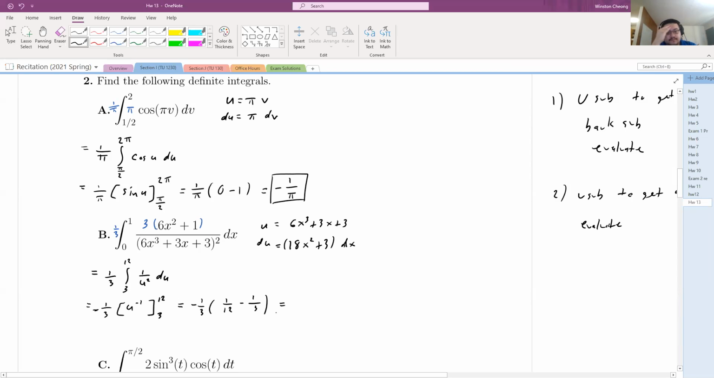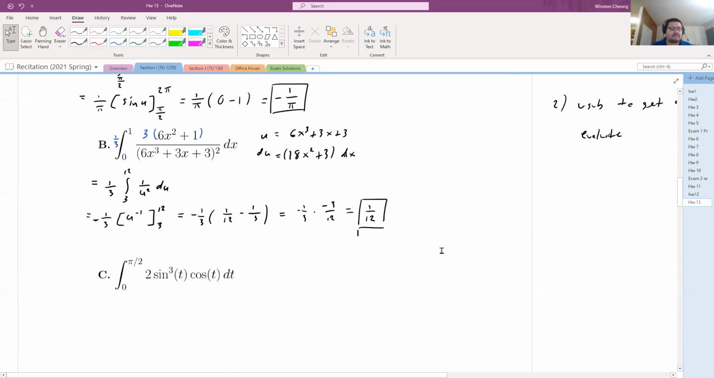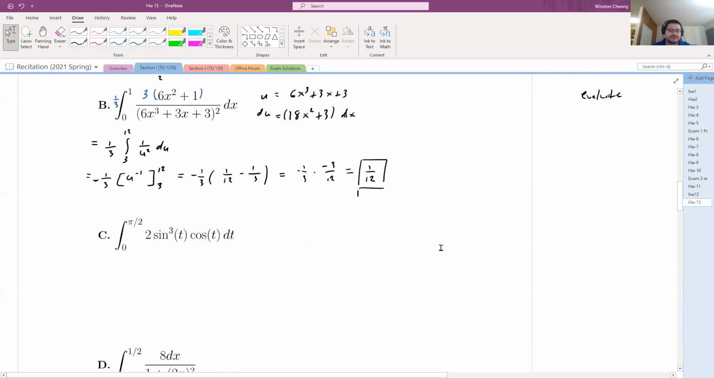And so we could calculate this mentally. For 1 minus 4, so that's negative 3 over 12, I think. So 1 over 12, yeah. Okay. All right, so C, hopefully the u sub for that is pretty clear,